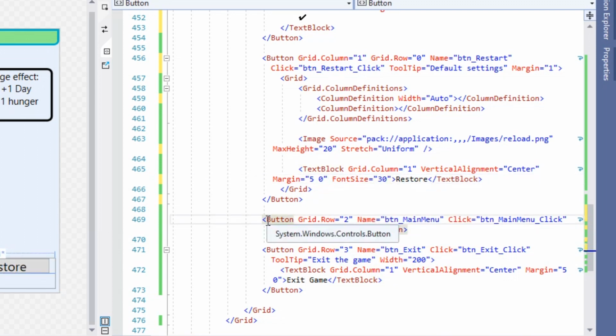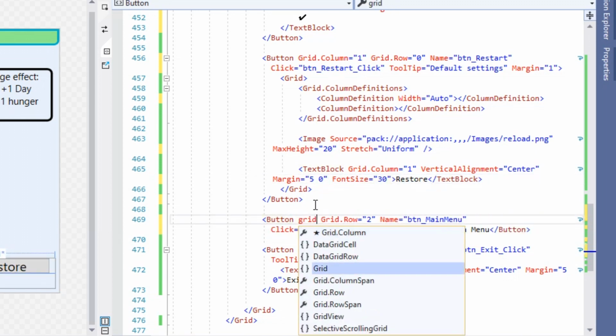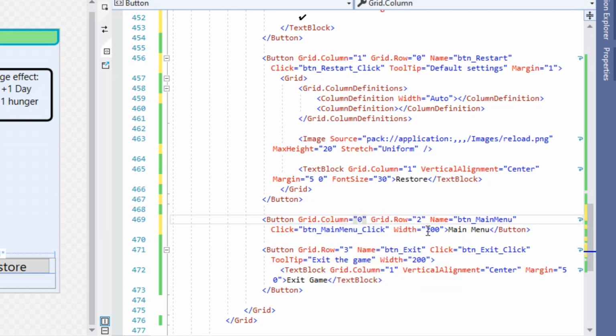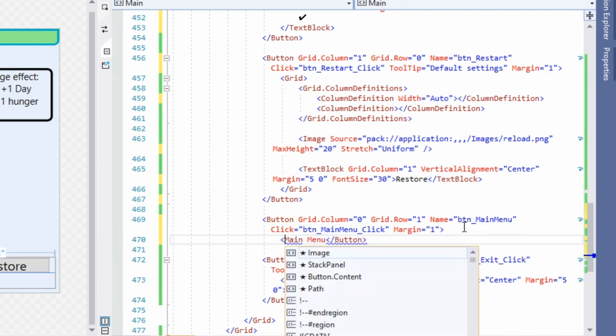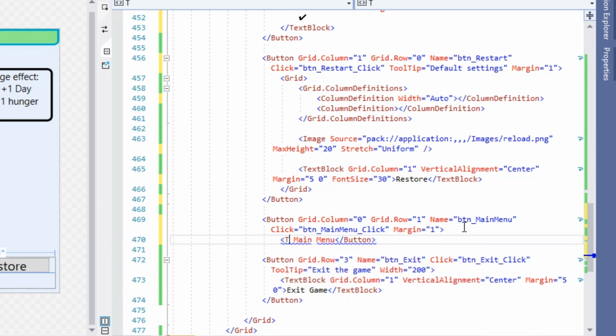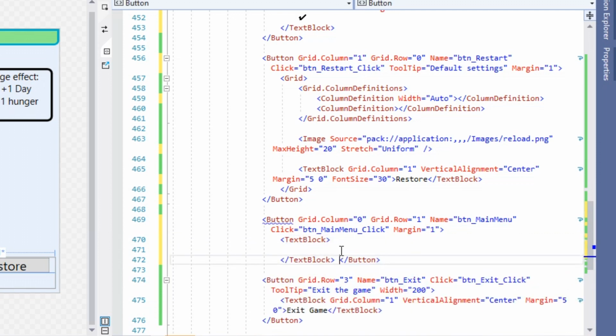Next button will be in grid column 0 and grid row 1. Remove the width and set margin to 1 instead. Inside we will have a text block. Put our text here.